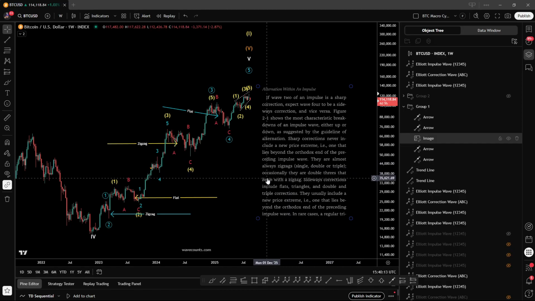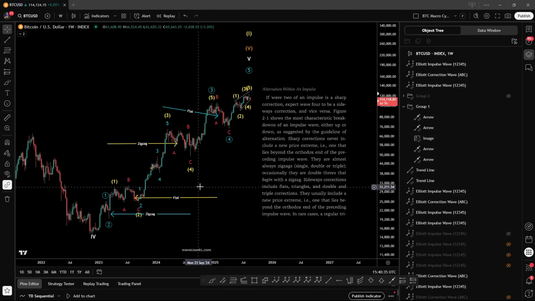Occasionally, there are double threes that begin with a zigzag. Okay? Sideways corrections, on the other hand, include flats, triangles, double and triple corrections. They usually include a new price extreme, one that lies beyond the orthodox end of the preceding impulse wave. So keep that in mind as I go through the guidelines of this, and I've labeled